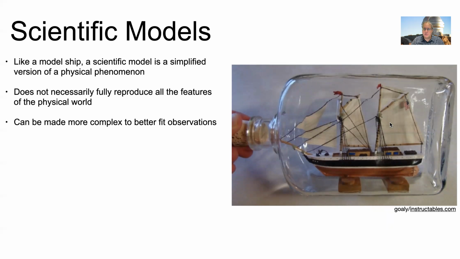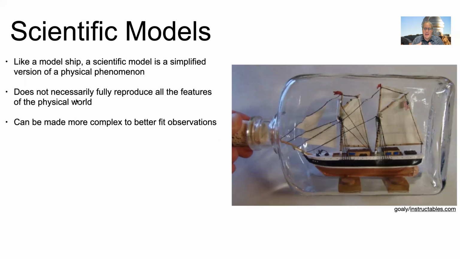It has some features in common, the sails, the rigging. This model may or may not actually be seaworthy, but it at least has things that represent parts of the full-size ship it's trying to represent. And again, you can imagine a very, very simplified model. You can imagine building this out of fewer parts, or you could imagine a much more complicated model. You could try to reproduce every single part on the actual ship down to the people and put that in your model as well. And so in this analogy, you have a choice about how simple or how complicated you want the model to be, how carefully you want it to reproduce real life.